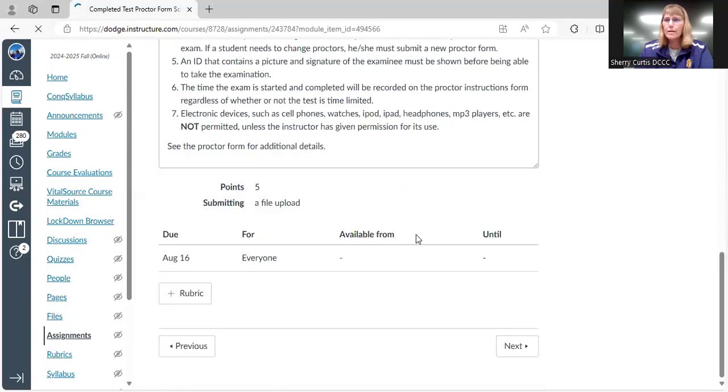I'm going to stop this. And I'm going to try the screen share back to here. And if you go here, there is an assignment set up where you can just simply upload, you can scan in or take a picture. And if you can't get it to upload for some reason, again, just email it to me or reach out to me. Sorry for the technical difficulties.